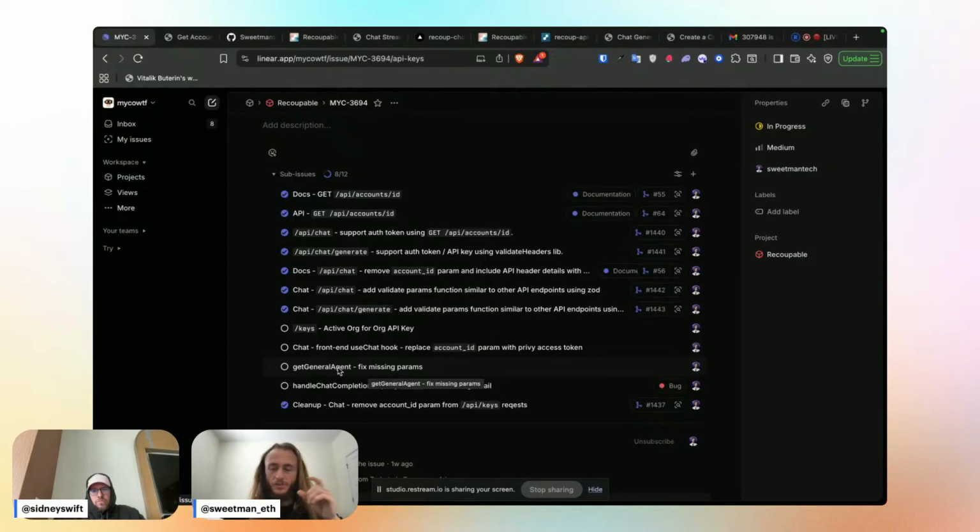The one that we won't be able to automatically pull is organization ID. And so the main question I have for you is, how is it being used? Why wasn't it documented? Is it something that needs to get added back in? And then handle chat completion, query. Oh yeah, this is another file that when I used the schema, it saw that we were using this email param that we've been trying to deprecate.